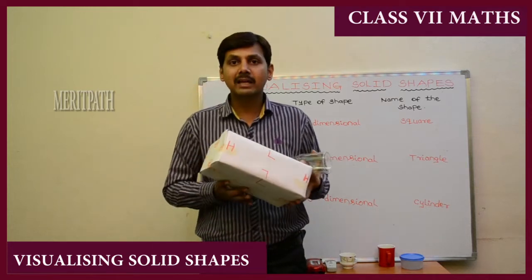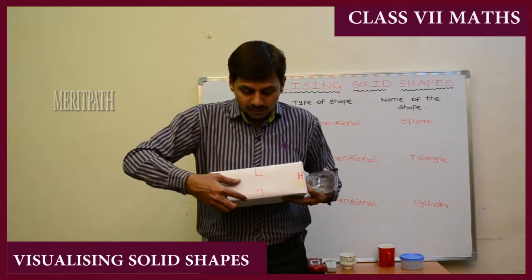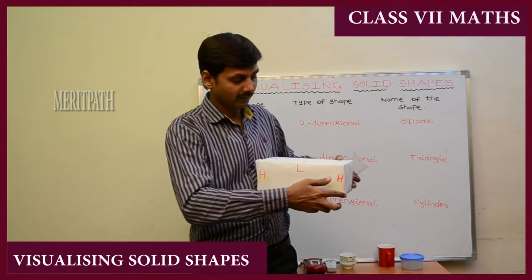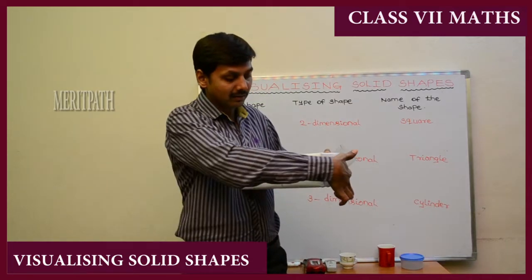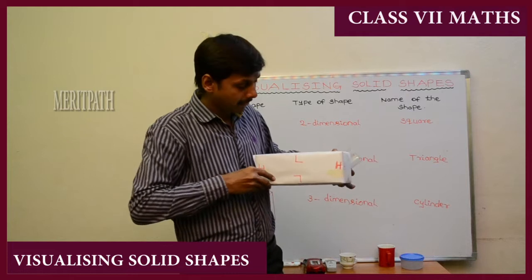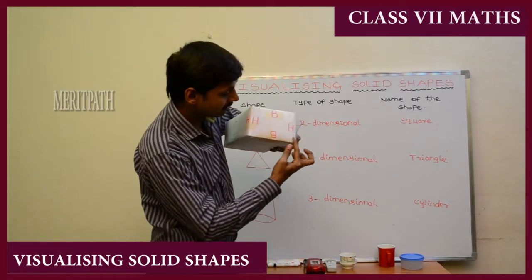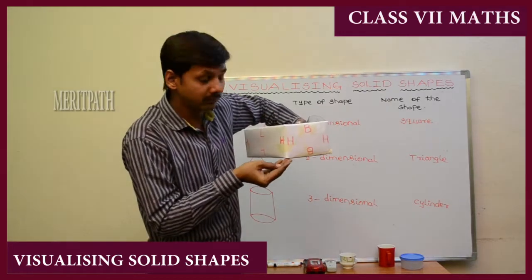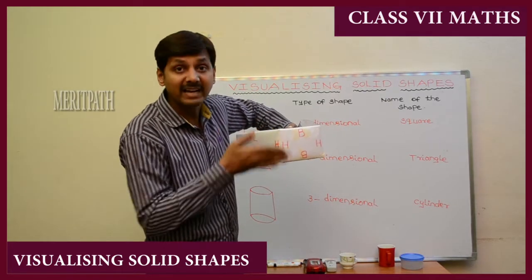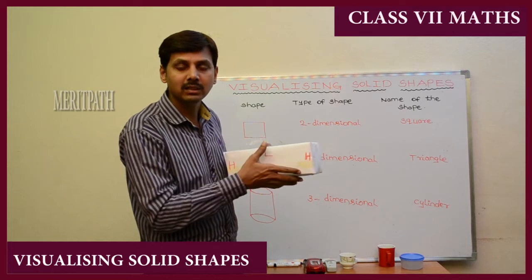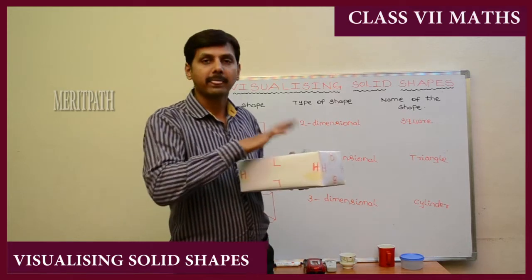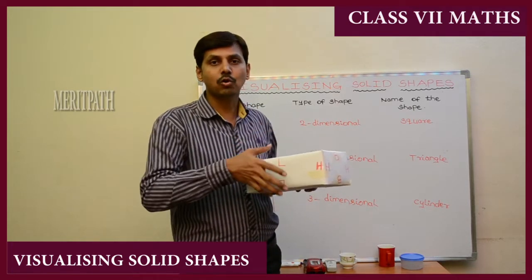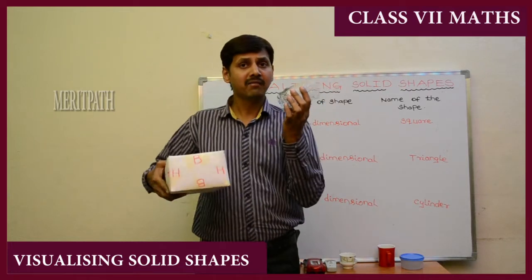When we take this cuboidal box, this is the length and breadth on this side, and the height is from the bottom to the top. The height we will measure. So length, breadth, height. We call this a three-dimensional picture, a three-dimensional solid. And in a similar manner, we will differentiate.